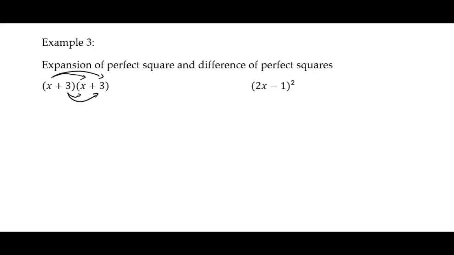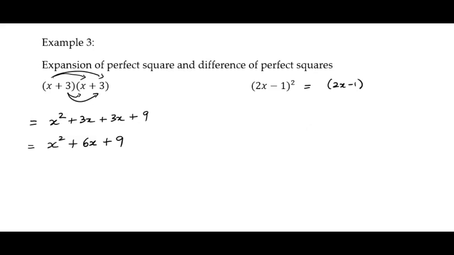Right, that's going to basically lead us with x squared plus 3x, another 3x, and then the final multiplication, 3 times 3 giving us 9. If I collect my like terms, I'm going to have x squared plus 6x plus 9. And similarly my next question, 2x minus 1 to the power of 2, which is basically nothing but